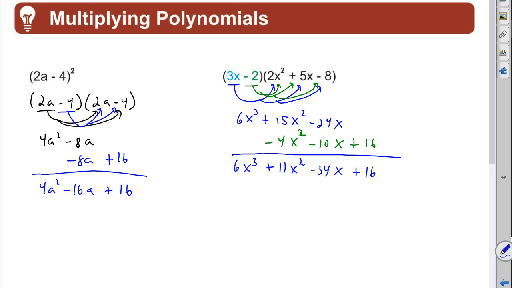And how many operations did we do? 1, 2, 3, 4, 5, 6. And then we had to add. So 7, 8. So about 8 steps. You got to go 8 for 8. I hope you will. All right. That's multiplying